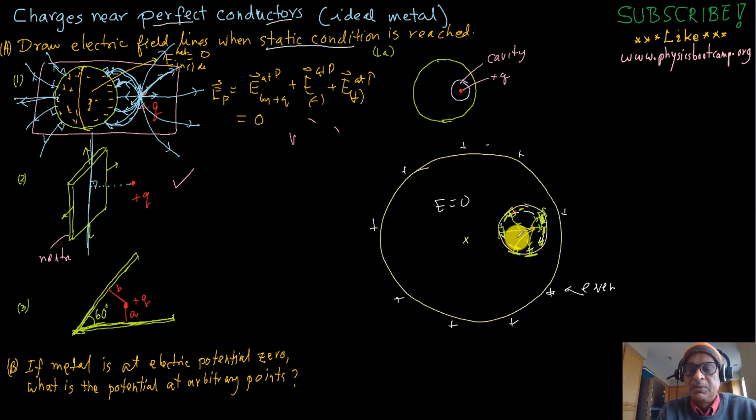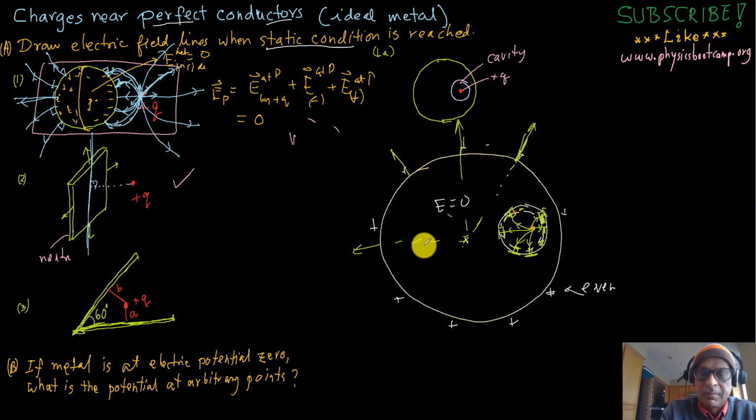So this will be the electric field inside, but because electric field lines don't continue on, this electric field zero, these electric field lines will all want to come out this way, as if the entire charge was